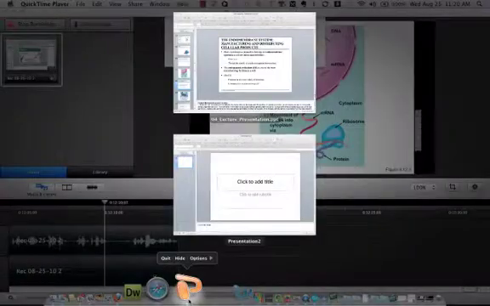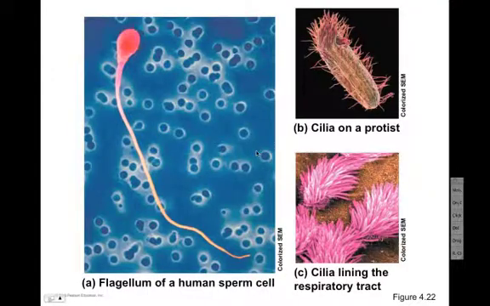So here is a human sperm on the left, and here's a protist, and you can see the cilia on it. And then the pink one on the lower right, that's inside us. It lines our respiratory tract, and it is responsible for helping remove some bacteria and things that we breathe in. As it sweeps back and forth, it collects material,